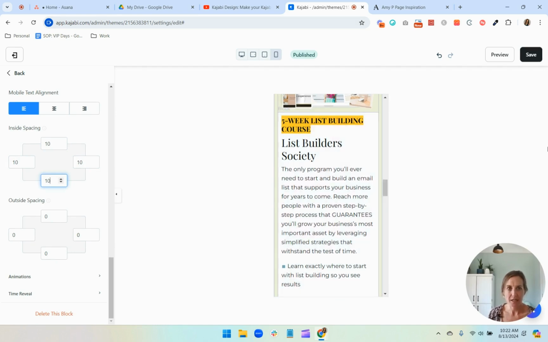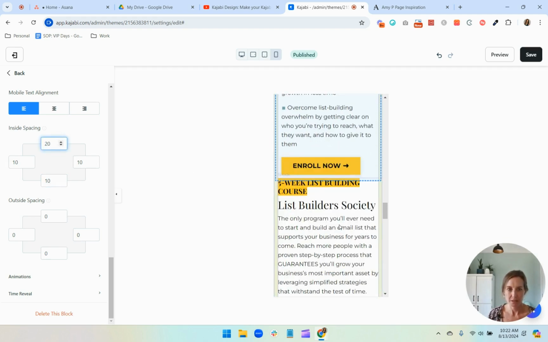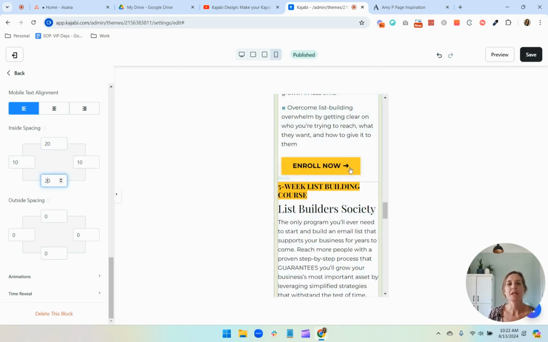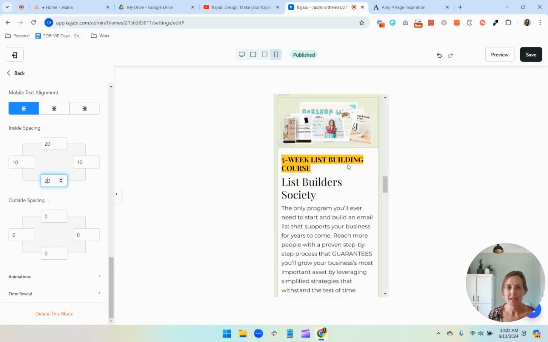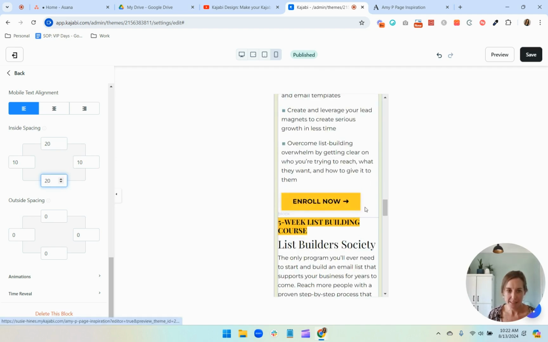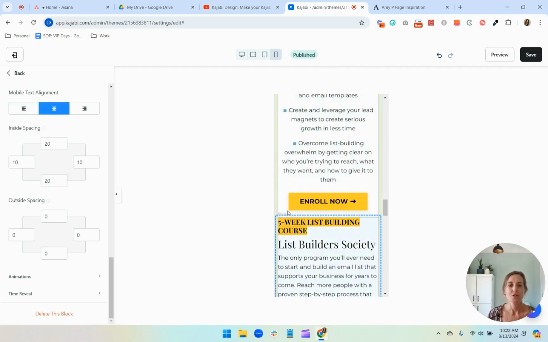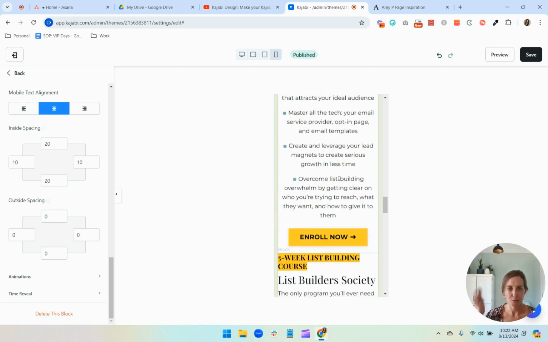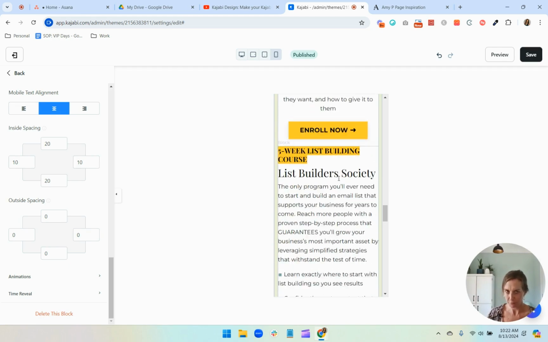That looks good. You can add more if you'd like. Maybe I'll add 20 at the top and 20 at the bottom. I want, here, I'll show you what happens because I want this button to be centered. So I'm going to do mobile text alignment centered. So now the button is there, but also so is the text, which especially when it's bullet points, doesn't look